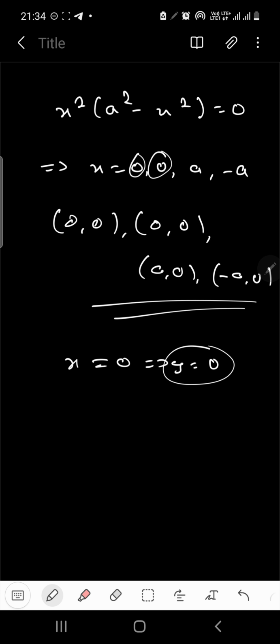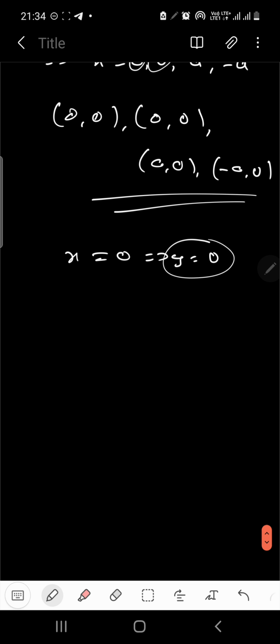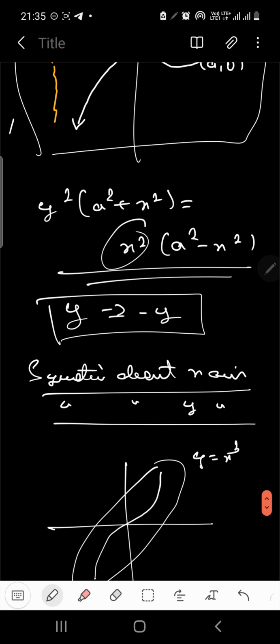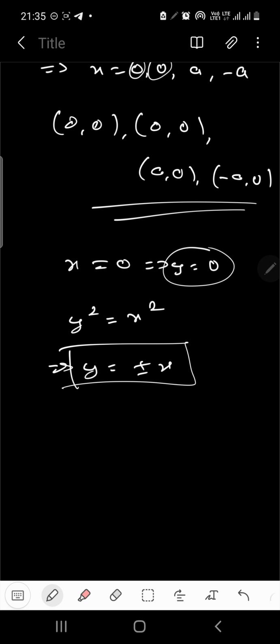Okay, I guess this portion is clear. Okay. Now let's check what sort of a singular point we are getting at the origin. Let us equate the lowest degree portions. So what are the lowest degree terms which we are going to have here? We have y square and x square, right? So we have y square equals x square, which gives you y equals plus minus x. That means we are going to have a node at the origin. Clear? We are going to have a node at the origin.